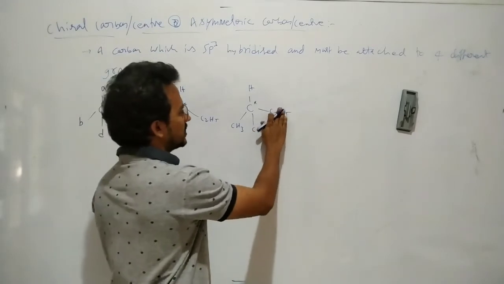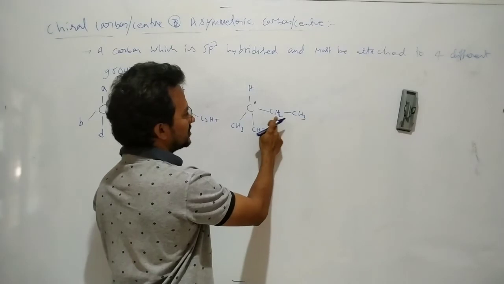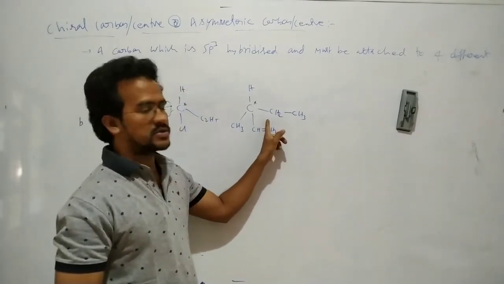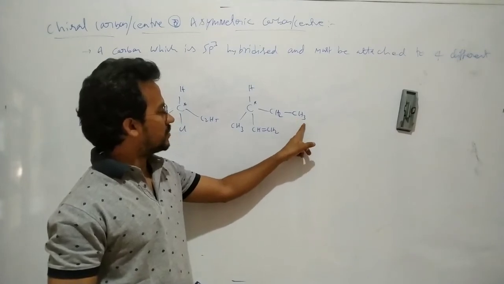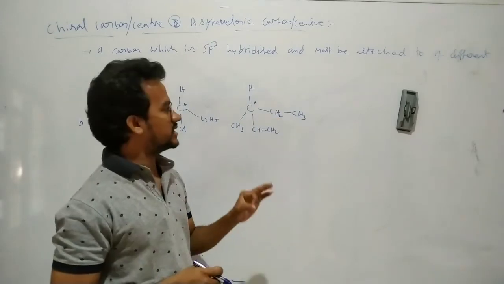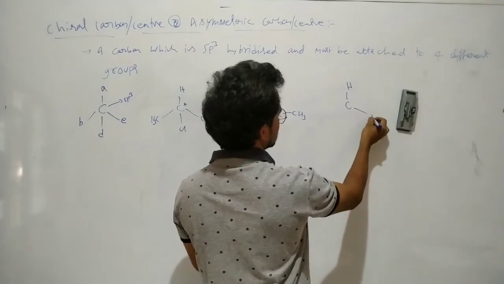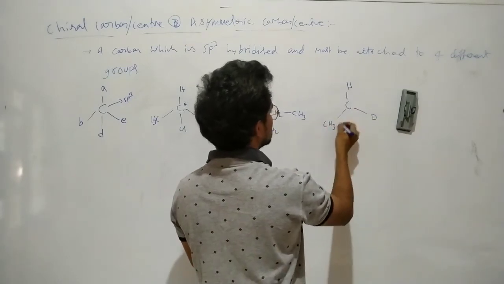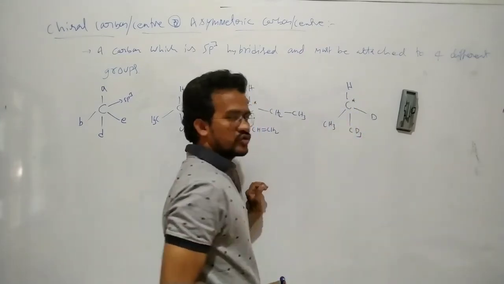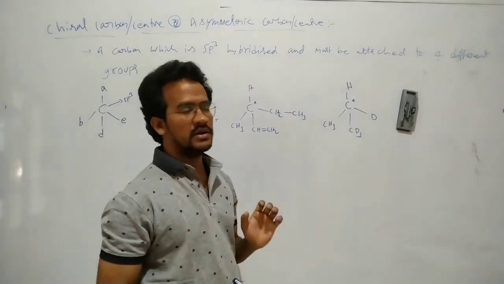But suppose in this case, let us see, this is ethyl, so CH2 and CH3. This is sp3, this is sp3, this one also sp3, but these carbons are not chiral carbons, because this carbon is attached to 3 same groups and this carbon is attached to 2 similar groups. All groups must be different, then it is a chiral carbon. For suppose, isotopes also can be considered. Deuterium: this is CH3, this is CD3, totally different groups. Isotopes are also considered as different groups, so it is also a chiral carbon.